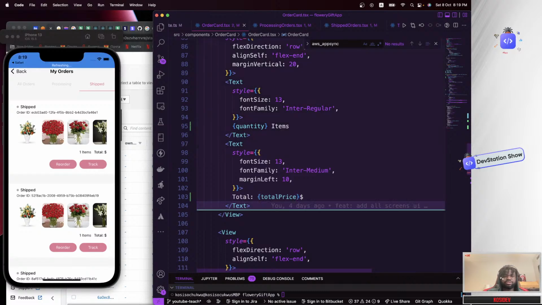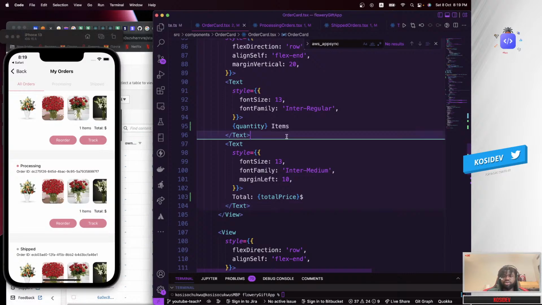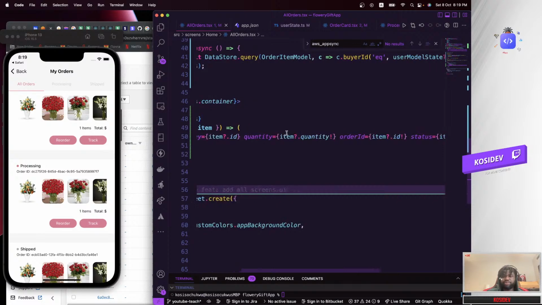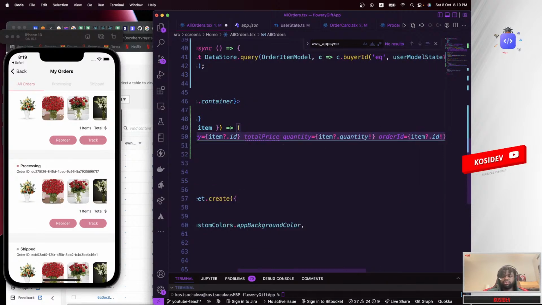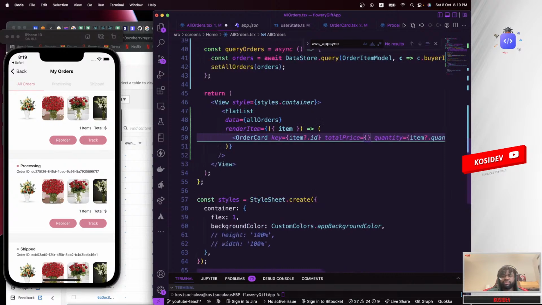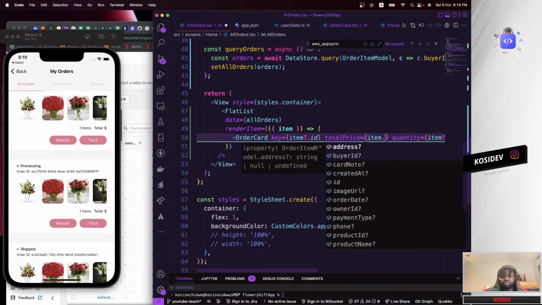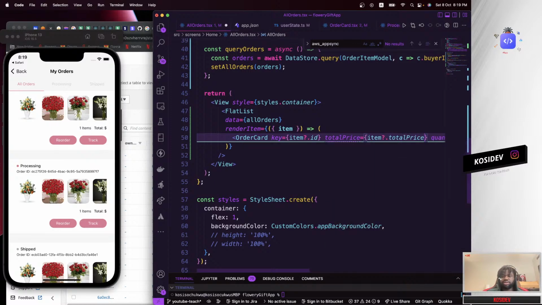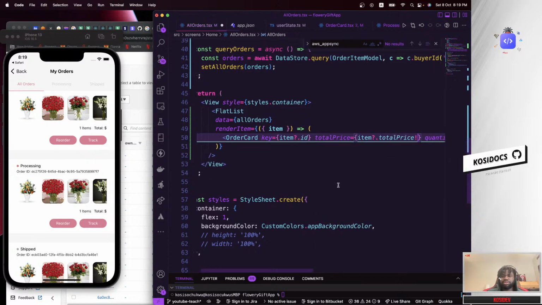If we save this right now, every single one of them is now empty because we haven't passed them. So let's pass them to each respective order. This should have a total price, which we are going to get from our orders. So this should say item dot total price, and force unwrap it.